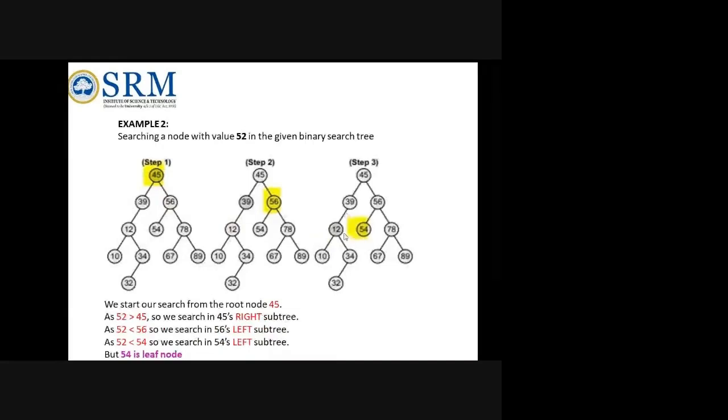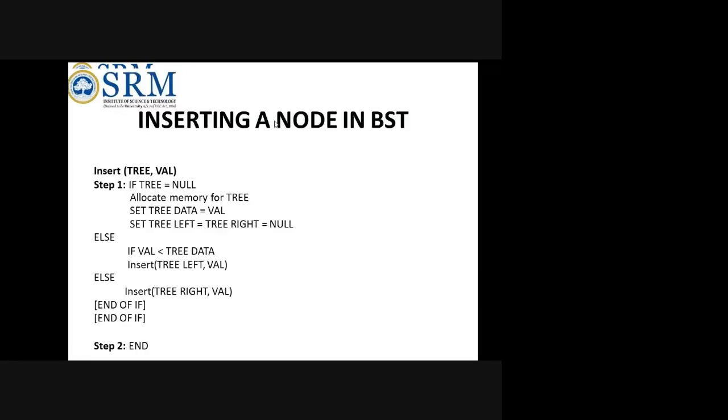So here, even if there is a leaf node, there is no way of finding out the node. This is what is called recursion. When it keeps on calling, your values get inserted into the stack, and when it finds the node, it will get popped up. It will return. That's all. So that is what searching is.